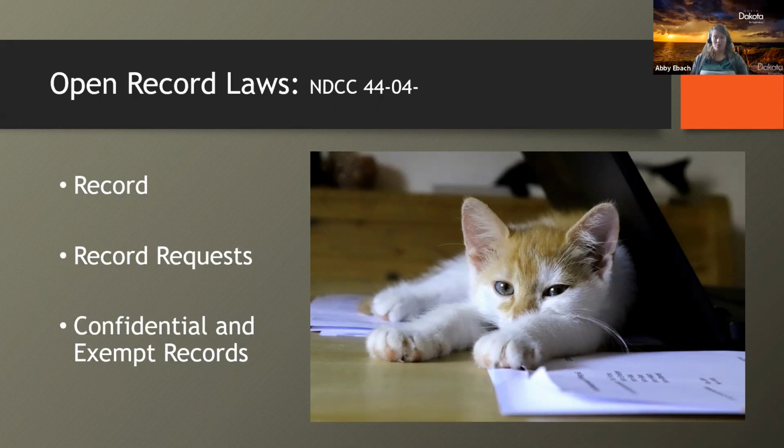There are a couple situations where record requests can be denied. So one is if the record doesn't exist. Seems pretty straightforward, but it's worth saying. And then if repeated requests for records disrupt the essential function of the library, you can refuse to provide access to the records. This needs to be put down in writing, and then the requester can seek an Attorney General opinion of whether or not the refusal violates the law.